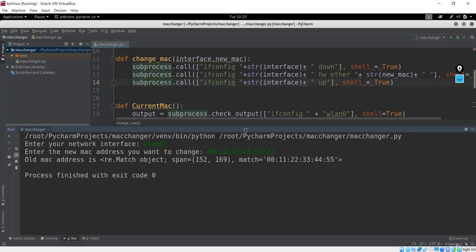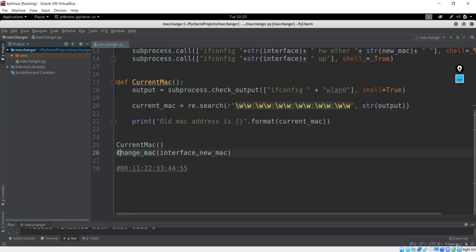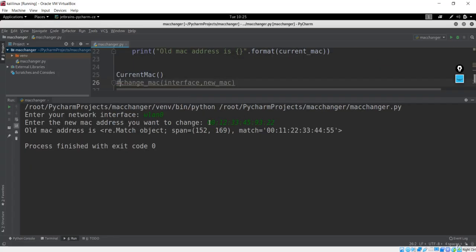Now let's only check for the current MAC. So let's remove calling this one, and let's see if we have changed from this MAC address, which was the old MAC, to this.